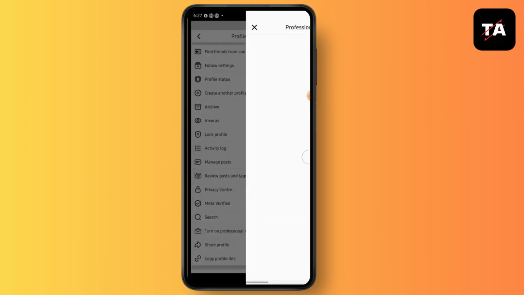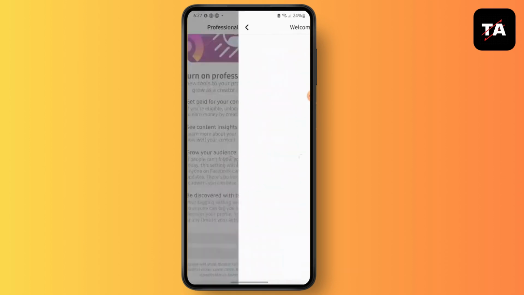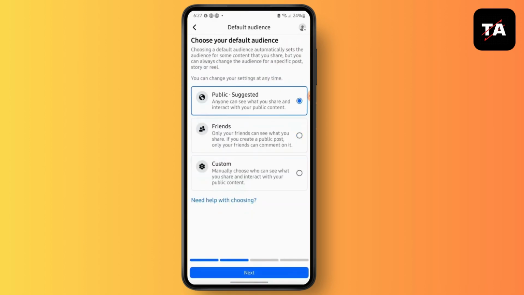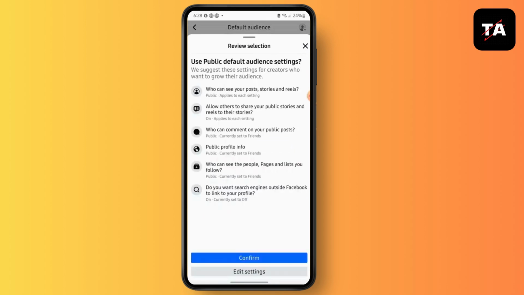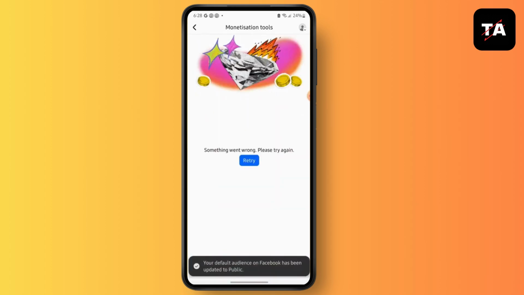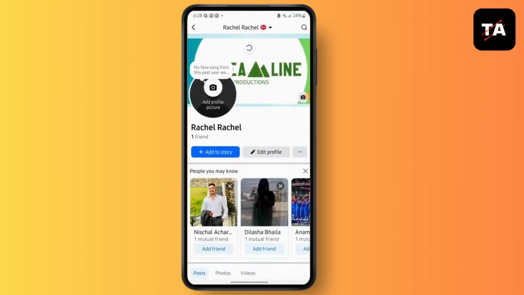Then next go to turn on professional mode. Set up your professional account. Make your default audience public, and then after you have set up your professional account, what you will have to do is go back and